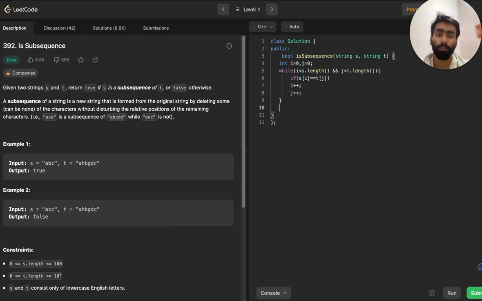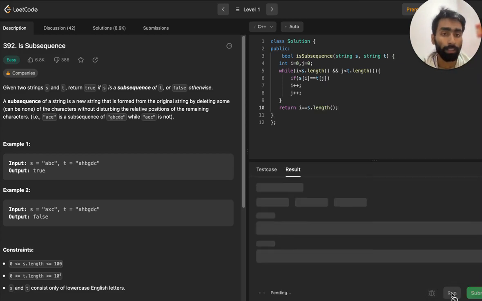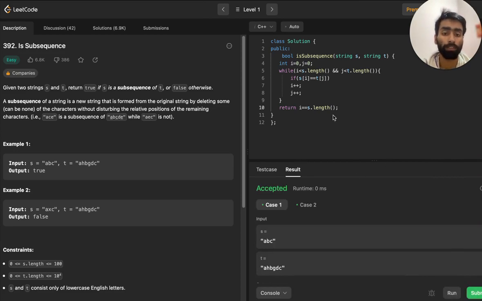Now this loop will check all the characters, and we now need to return true or false. So we will use the shortcut: return if i equals the length of the string which was to be searched. So this will return true only when the complete subsequence has been found in the text. So it is accepted.